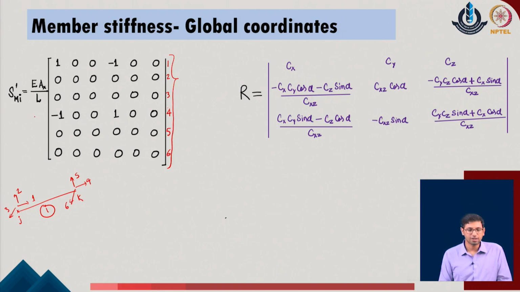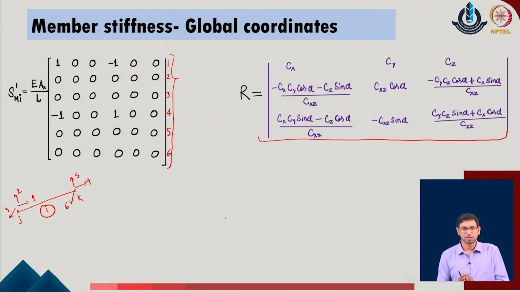Now, once we have identified the stiffness matrix in the local coordinates, I also need the transformation matrix or the rotation matrix for the given system. The rotation matrix for a general space structure has been defined by this formula. We are not going back to the derivation of how we arrived at this, but as a simple summary, we did the rotation about the different axes and identified the fixed position of the member coordinates with respect to the generalized structural coordinates, and with their direction cosines we were able to identify the standard rotation matrix of the given system.